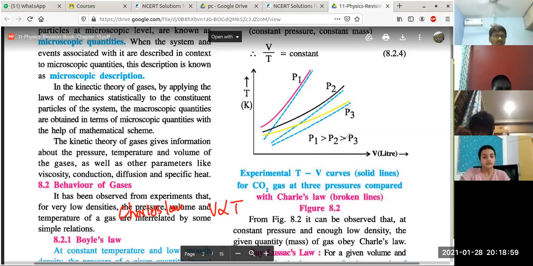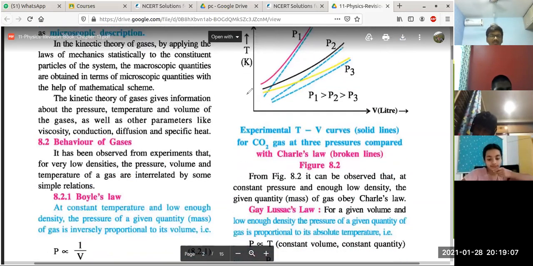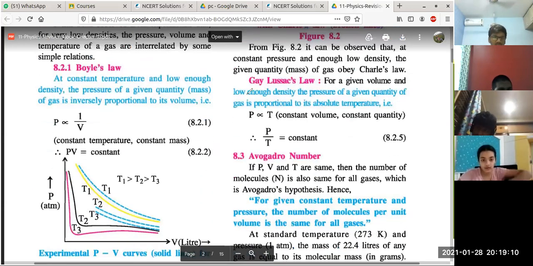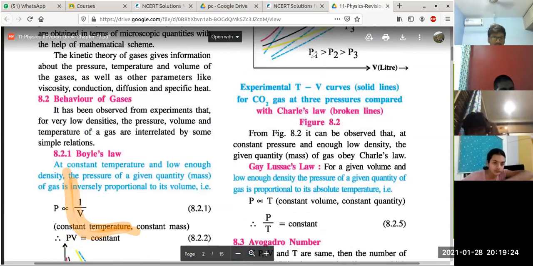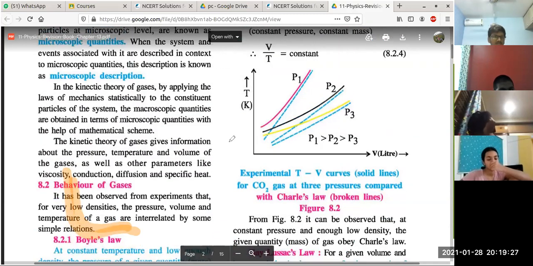Have you studied real gases in chemistry? If you have, then you will be able to understand. I'm not going into real gases right now, but you can see these lines which are not straight, they are curved. They are not isotherms. Ideally, T versus V should be a straight line, but it is slightly bent here. All this is because of real gas. I will teach it, it will come in a while.